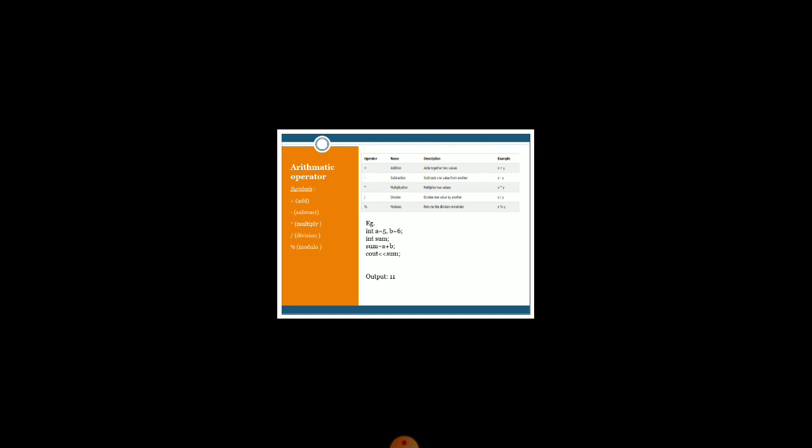Basically, this modulus operator always gives us the remainder after the division, because the division symbol is used to represent the quotient after division. So if I want to deal with the remainder part, then we use the modulo operator.